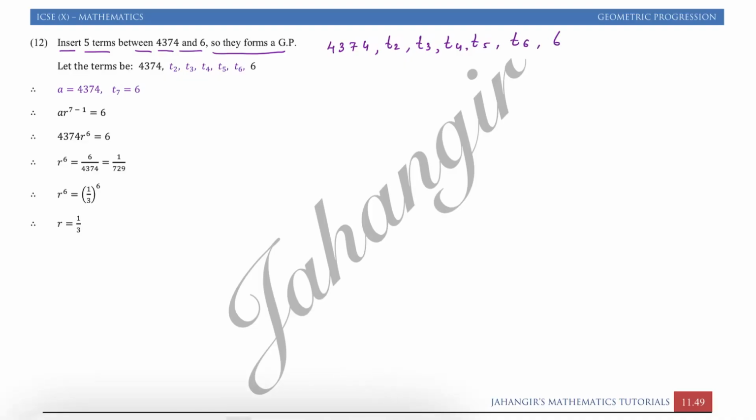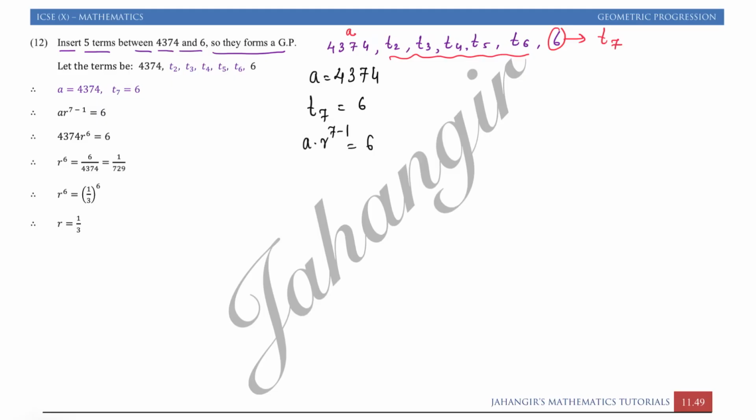So here this is my first term and this is my T7, that is the 7th term. In short, the first term and 7th term are given, and you have to find the other 5 terms in between them. It's very simple to find. As we know, the first term is A, that is 4374. T7 is given as 6, so T7 you can write as A into R raised to 7 minus 1